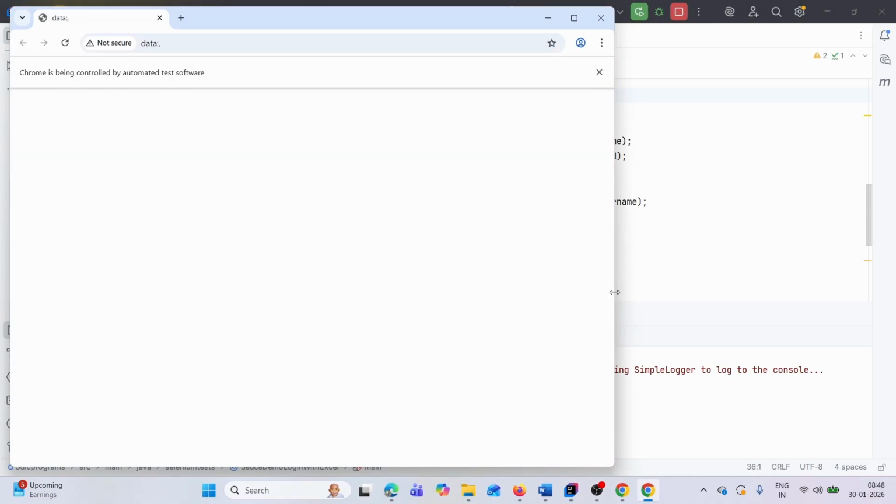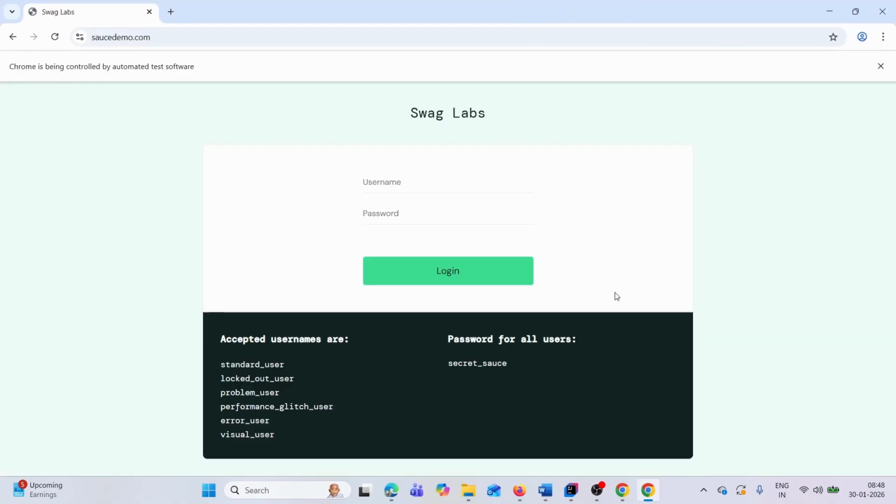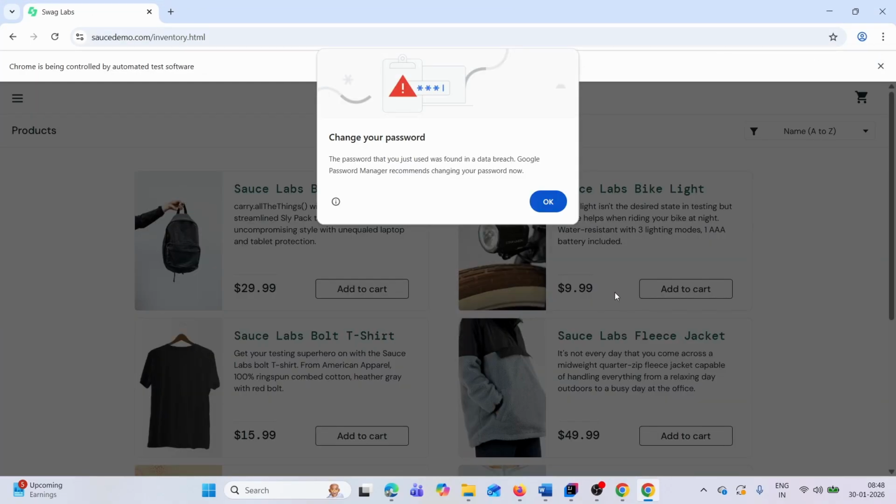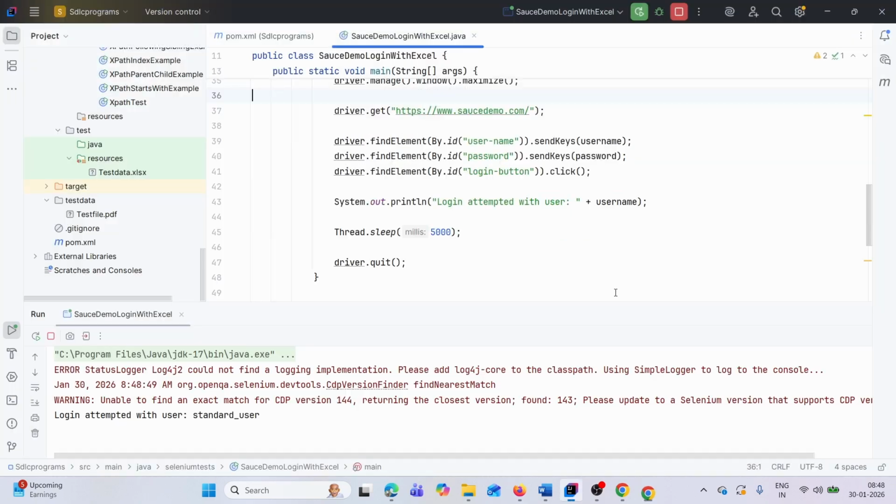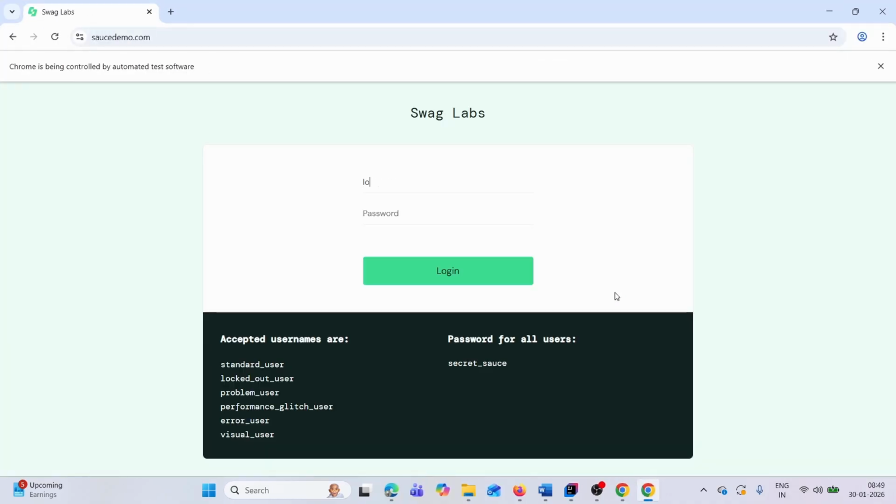It will open the browser, Sauce Demo. It enters the username and password, now it will log in, see, then it will wait for 5 seconds, then after that it will quit. Again it will open Sauce Demo, then, yeah, this is the logged out user,